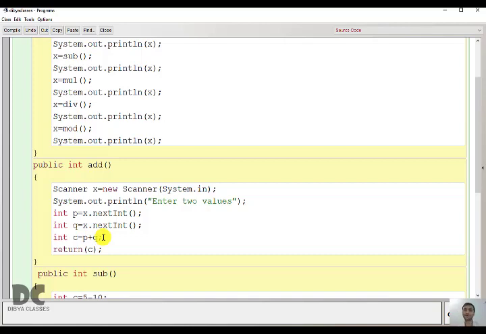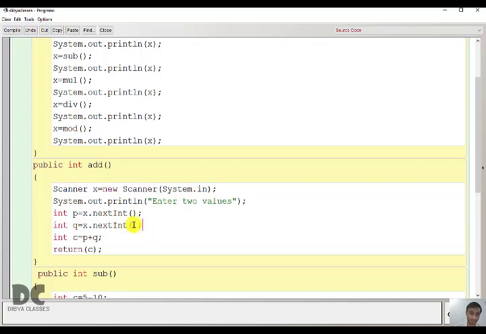So here you don't need to take the value by yourself, but here also if you want, you can ask your client, give me the value directly. You don't have to give it to the CEO. So this is called call by no value, because the CEO is not giving you any value, but you are taking the value directly from the client. But if you want to take the value directly from the client, you have to use either scanner or buffer reader.